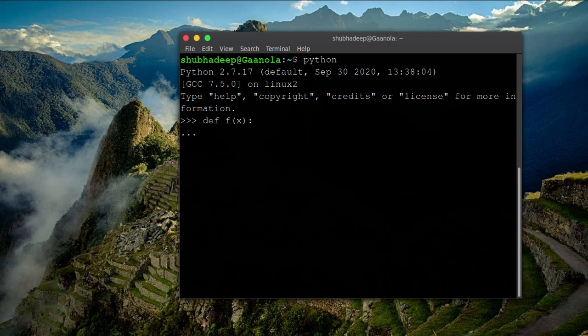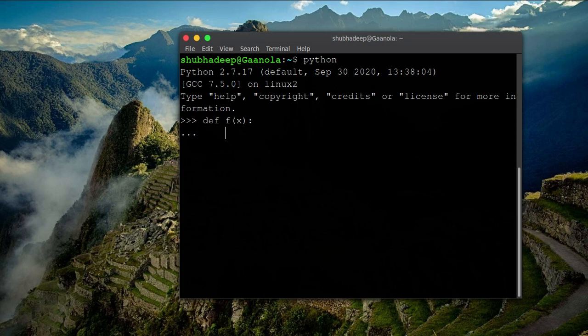Then put a tab. Actually this tab means the proper indentation. Without this indentation the next line will not be considered as part of the function f(x). With this indentation it will consider that the next line, whatever I will be writing, will be inside the function. In C++ or Fortran, that kind of languages, they use brackets. In Python, it is indentation.